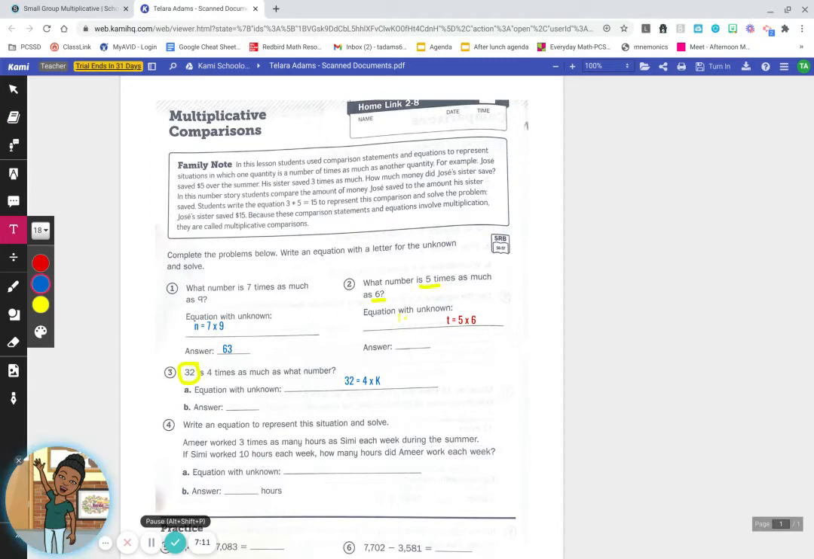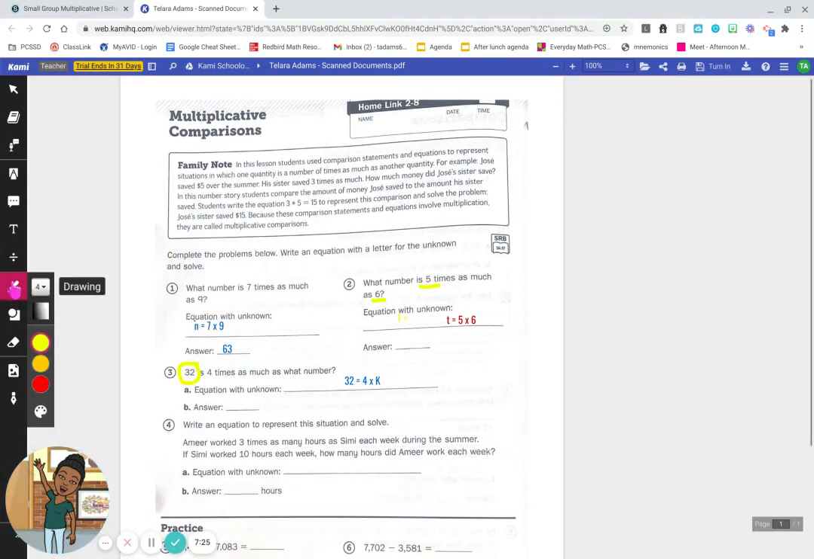So 32 divided by 4, think of it this way. If I had $32 and I put those dollars into 4 groups, how many groups would I have? Let's see what that looks like. I'm going to draw 32, but using groups of 4. And I'm just going to draw 32 lines. 1, 2, 3, 4. I'm leaving it at 4. 5, 6, 7, 8,